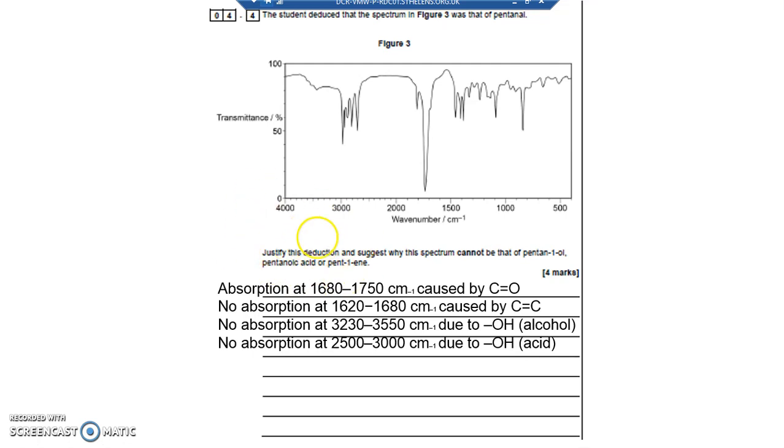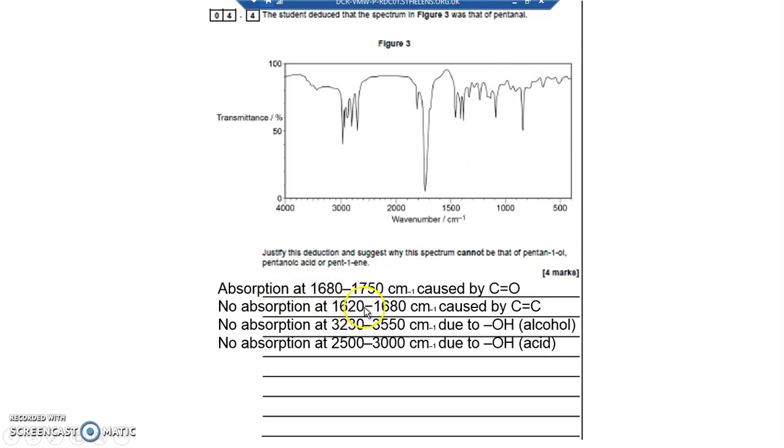By the way, you need to quote these numbers from the data book. If you don't quote the numbers from the data book and write them down, it's only a matter of copying after all. If you don't copy these numbers down, then you don't get the mark. So there is an absorption at 1680. There it is. It's absorbing due to the presence of a carbon to oxygen double bond in the pentanal, and